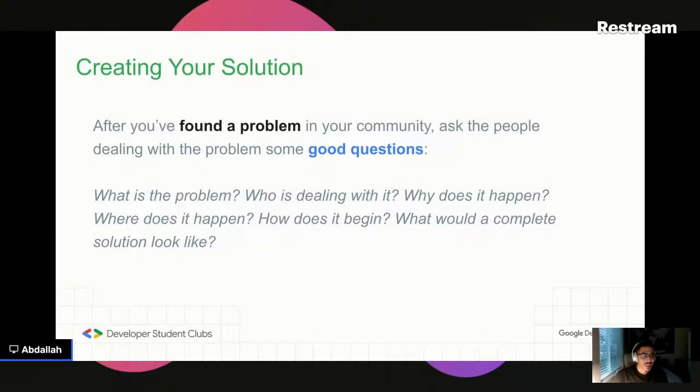Forming a team. You can have up to 4 members in your team. Of course, we recommend having all 4 members because you can have as many smart brains as possible. I'm sure many of you have a lot of bright ideas, so sit down together and have a talk. I'm sure you could all figure something out.